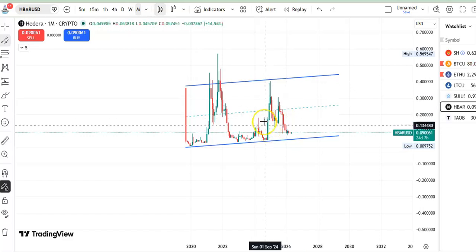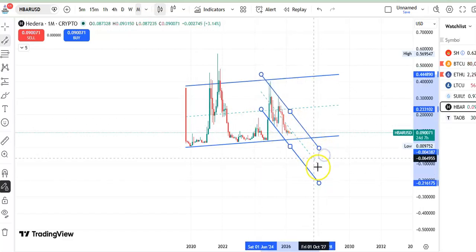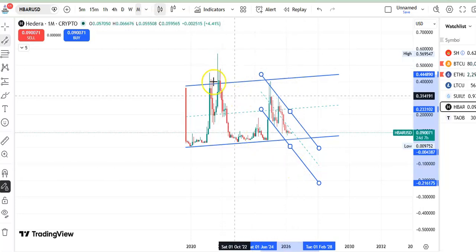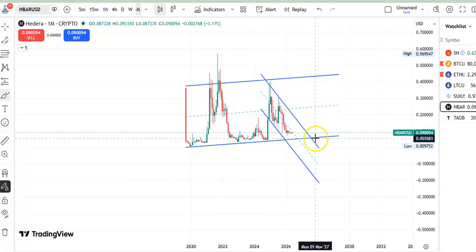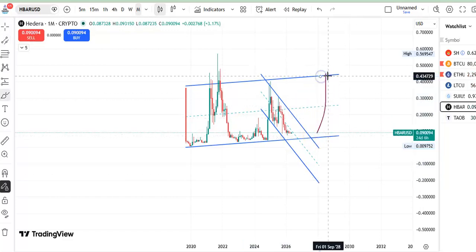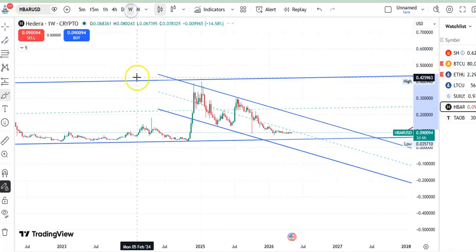So if you draw the trend line, you can see this is the support and this is the resistance. Within this channel pattern only the fall is taking place, and once the candle comes down to the support level and gives a breakout, then candles may start moving in an upward direction towards the resistance, that is around 0.4434. Okay, and then a fall may take place. So if you go to the weekly chart also, you can see